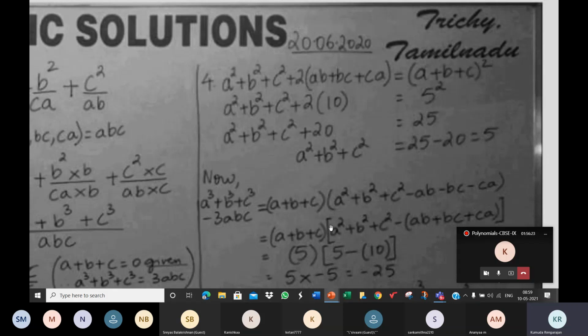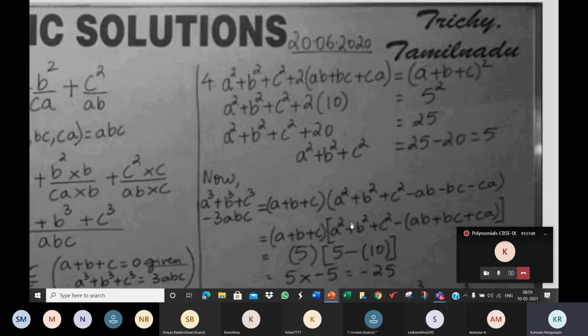From which identity can we get the value of this one? So this is the identity. When you use this identity, again it has the expression a square plus b square plus c square, then ab plus bc plus ca and a plus b plus c. The value of a plus b plus c is 5, given. The value of ab plus bc plus ca is 10, given. So on working this identity, in this identity there are 3 expressions. We know the values of 2 of them. a plus b plus c is 5 and this one is 10. So simply working this, you can find the value of a square plus b square plus c square, which is 5.